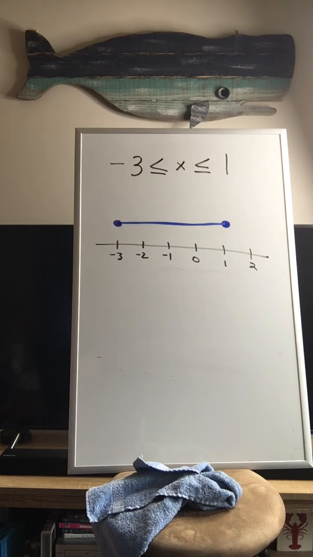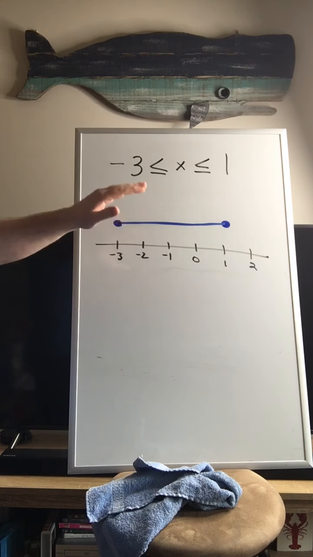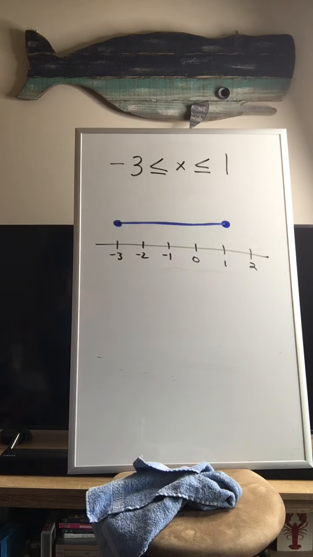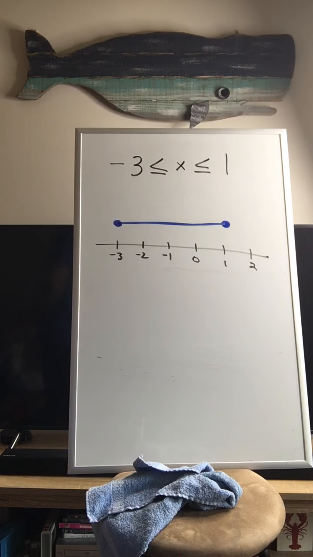Okay? So, again, just like we talked about the other day, when it comes to inequalities and you're trying to show the solutions, there's always going to be an infinite number of solutions. So that's why we have to show it visually instead of listing them out. So this is pretty similar to what we did the other day. I just added on this in-between inequality, but it shouldn't be much different from what you saw in the video